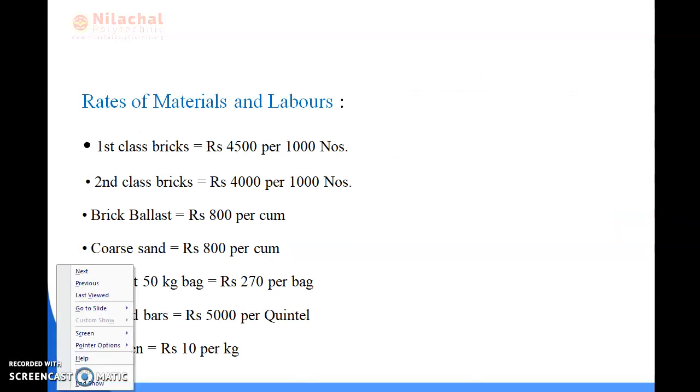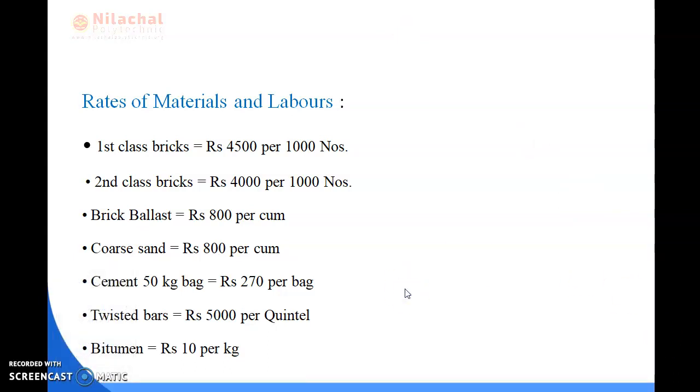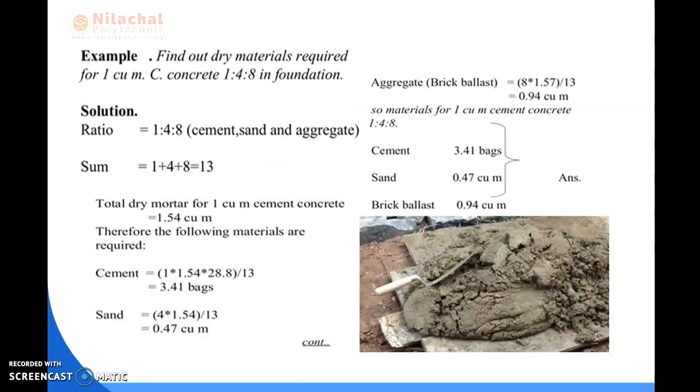There are many types of material and many types of labor used at a construction site, but these are the basic labor and materials commonly used that we discuss. If any material cost and labor cost is needed at the time of calculation, then we go through the OPWD schedule of rate of material and rate of labor. In the next class we discuss how to calculate the material requirement for concrete. So today time is over. The remaining part we discuss in the next class.